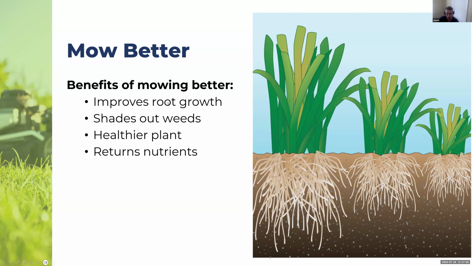And they say, oh, I need to go out and mow it again. And they continually mow their grass too short, and it stimulates that response from the grass again to shoot back up to regrow. And then you're stripping the grass of all the nutrients that it's trying to store in its roots. And over time, you're discouraging the grass from having a healthy root system and holding that soil together.